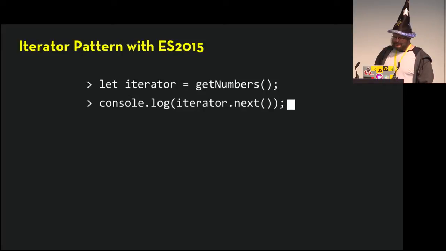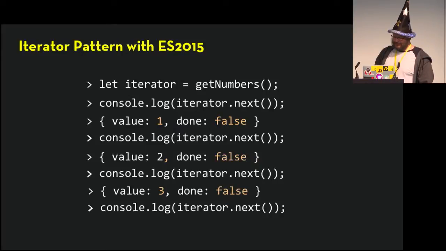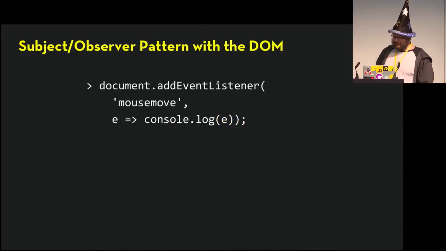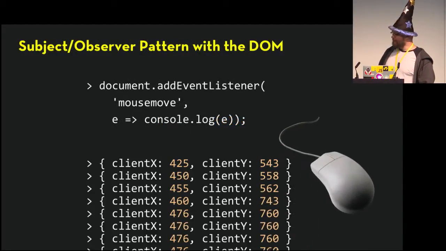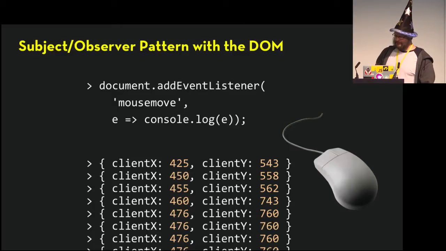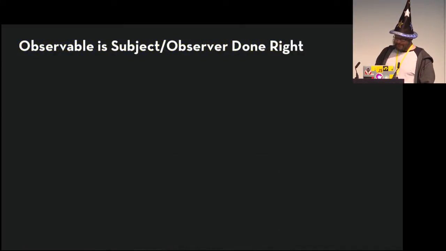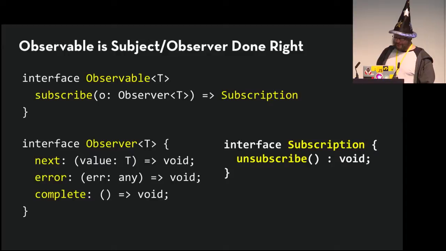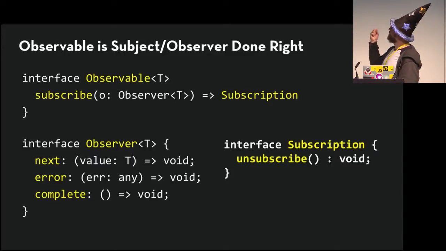So when you have ES 2015 iterators, you also have the same kind of thing where as data moves through, you have a collection of data that comes through as well. But really, what we want is something like this, where we have a notion of a single first class type to represent